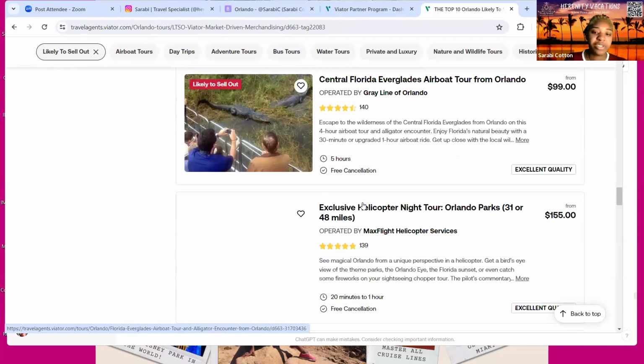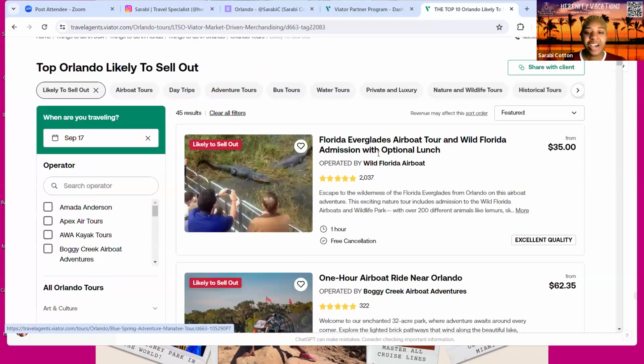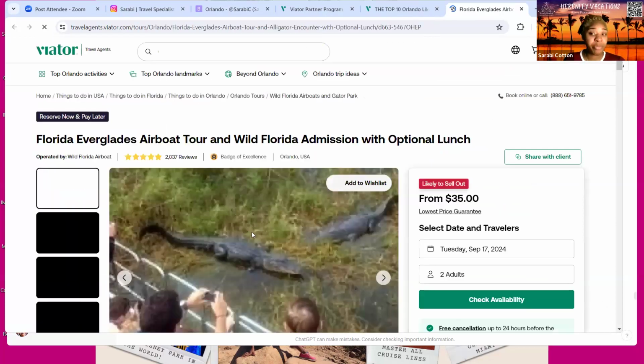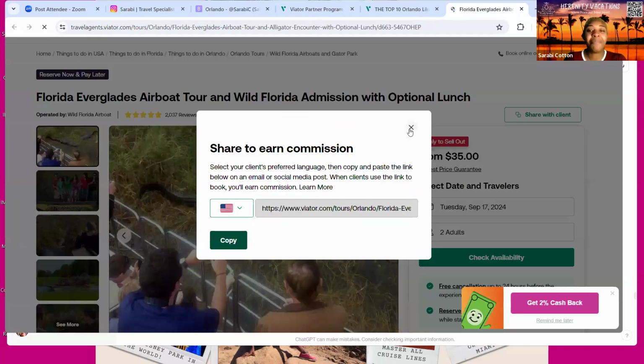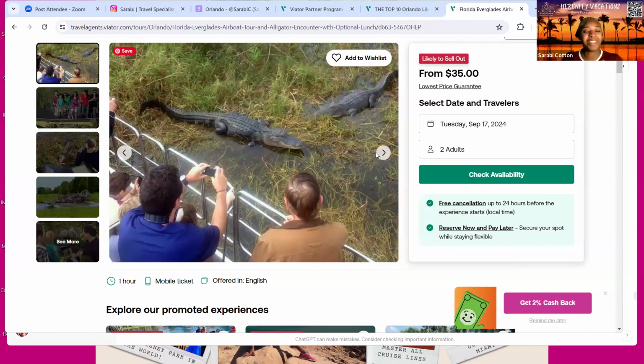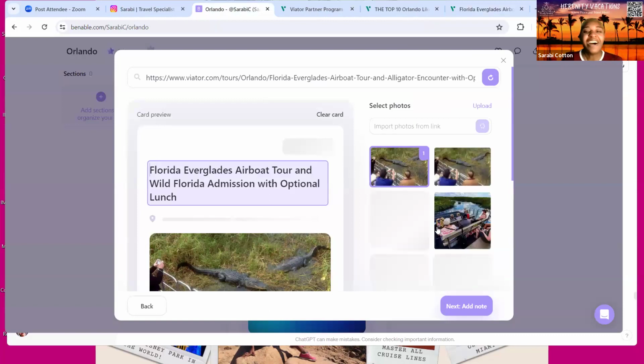All right. A lot of people like to go see the alligators for some reason. It's not my cup of tea, but it's somebody's. So I'm just gonna take this one. This would be an example of one that I don't have personal feelings about, other than I just personally wouldn't do it just because of how I feel about alligators. But like I said, it's somebody's cup of tea. So this is going to be one of the ones where I use the description because I don't want to cause negative feelings based off of my personal feelings on this activity.